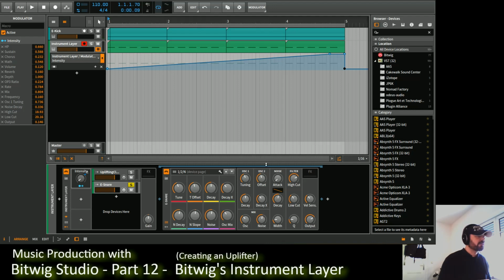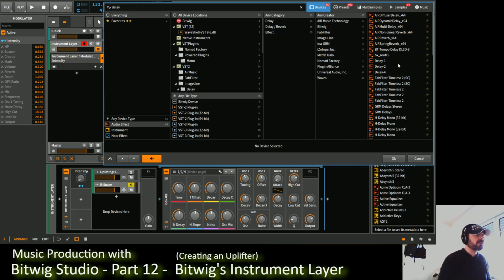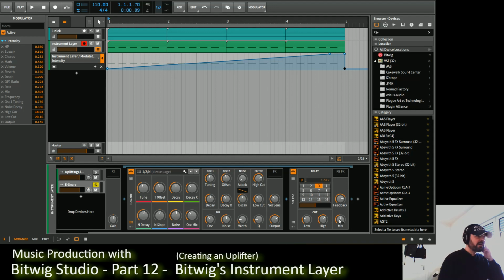And now to the more interesting parts. You might have noticed that in the end of the uplifting sequence I showed you in the beginning of this tutorial, we had much more snare hits in between, and this can be accomplished by introducing a delay, and that's exactly what I'm going to do right now. So we have a delay, and if I turn up the mix knob like this, and we have now triplet